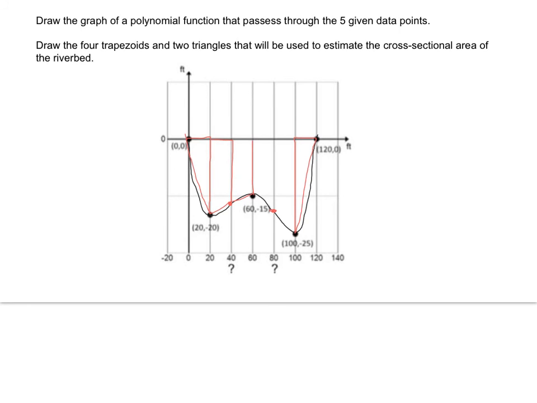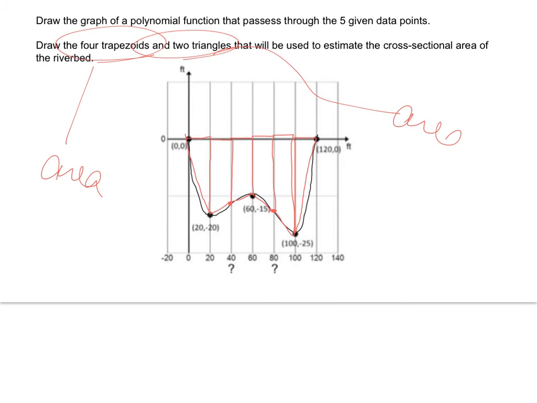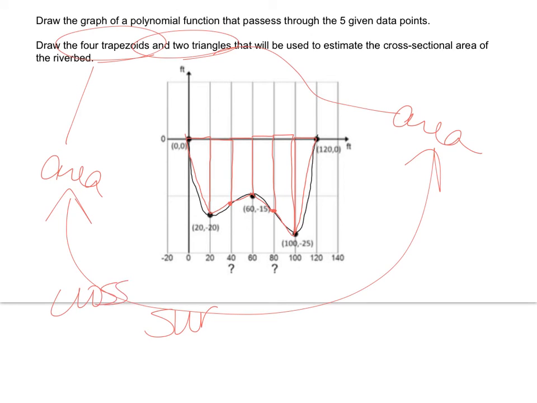One, 2, 3, 4. So I have 4 trapezoids and 2 triangles. And if I can do the area of the 4 trapezoids and the area of the 2 triangles and add those areas together, that would be the cross-sectional surface area